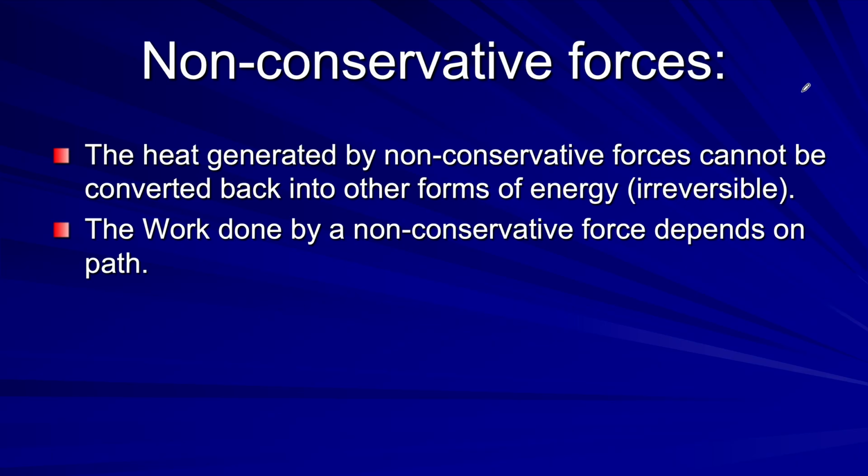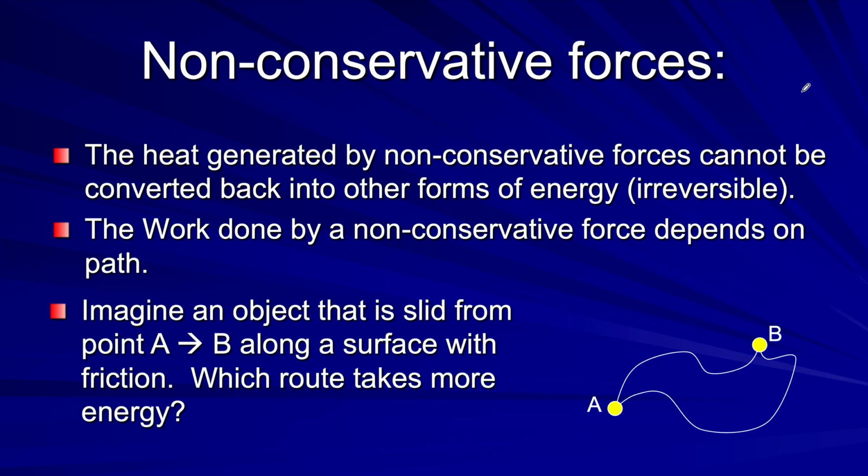It also, though, depends upon the path that you take. And this is where it gets interesting. If there is friction, which one of these two paths will do more work or make more E-dis? Well, if you remember, work is equal to force times displacement times the cosine of the angle. For friction, it always acts against the motion or potential motion, and it's independent of the velocity. So in which case is there a greater delta x, greater displacement? The answer is, if you can't already see it, it's going to have a greater displacement in the lower path,